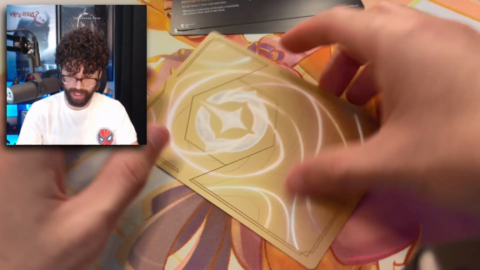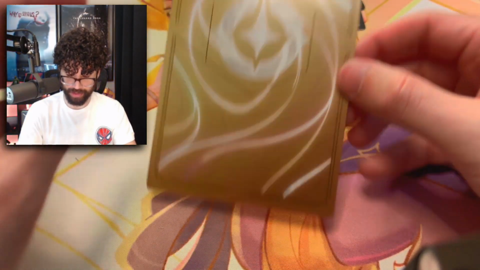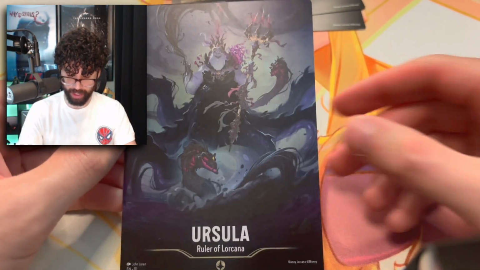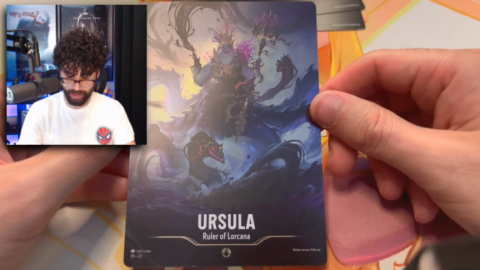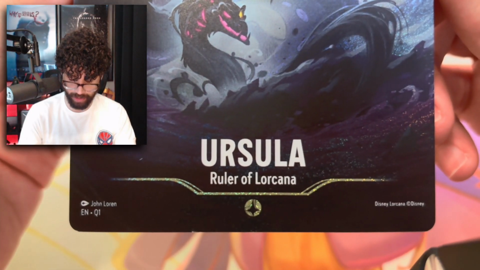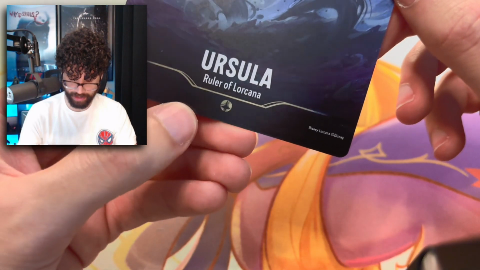And here we have this golden-backed card, which is also oversized. And, oh, wow. It is Ursula, Ruler of Lorcana, hollow foil, oversized card. So she's the one you're going to want to take down. Here at the bottom, John Loren is the artist, and unfortunately there's a little whiting there on my copy,